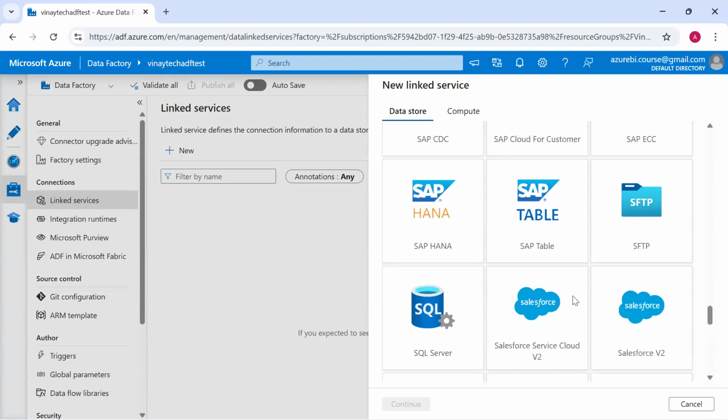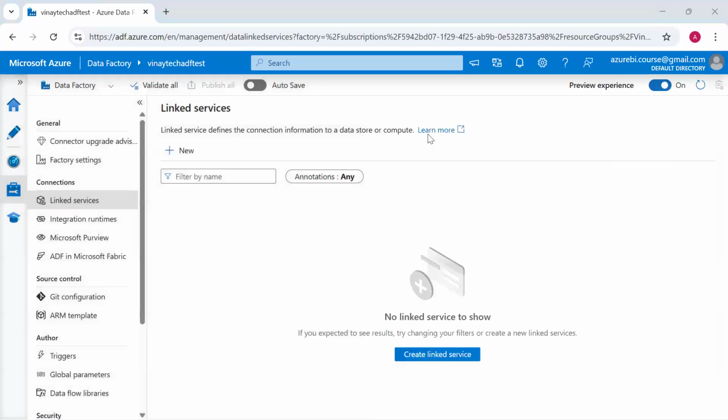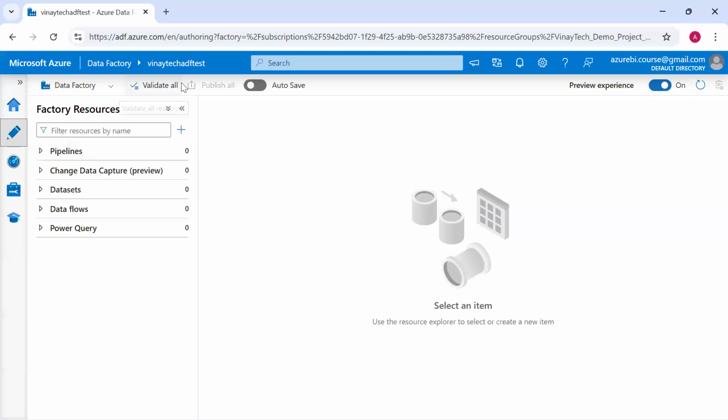But in SSIS, in earlier systems, what happened? Anyone here who has worked on SSIS? Fine, no problem.